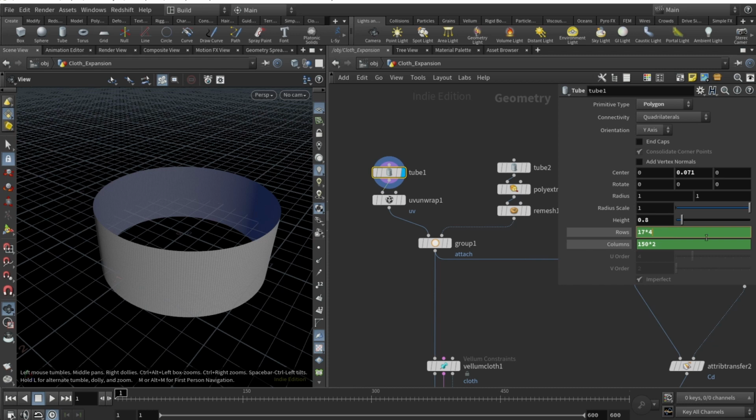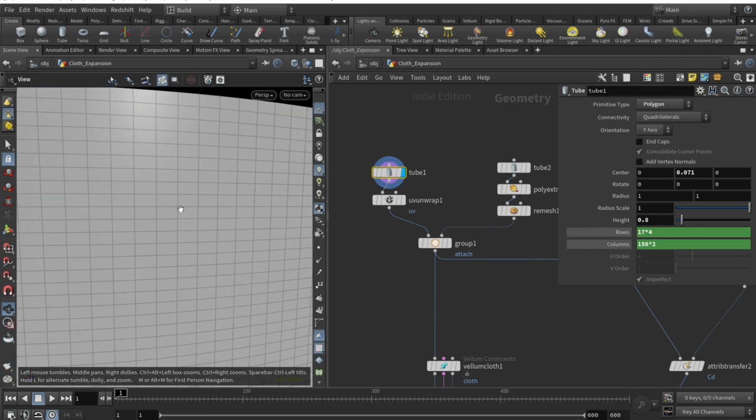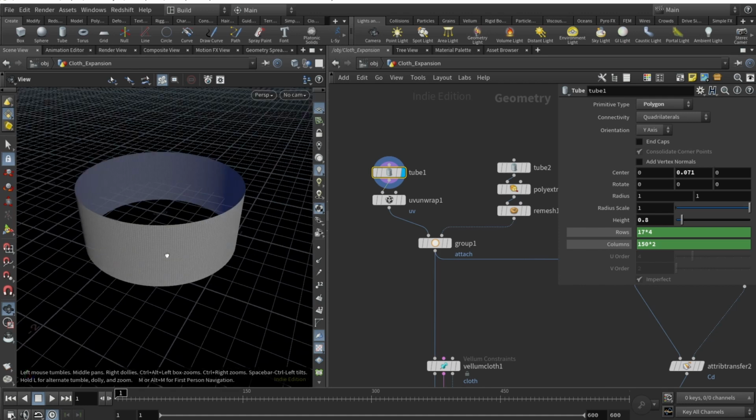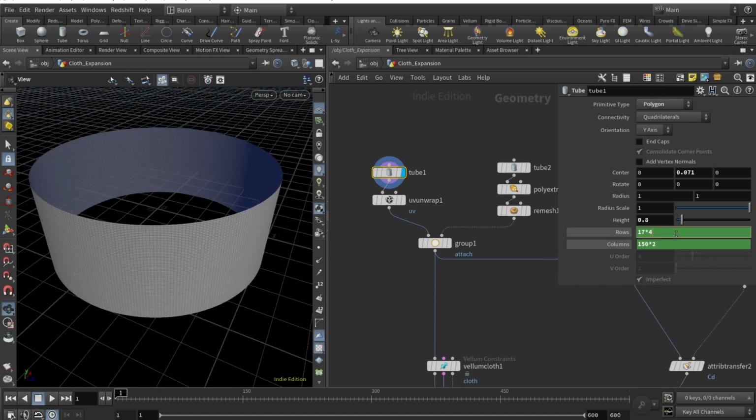Here, why we are using these 4 and 2 is just for me to more easily maintain the ratio. So I want these to be kind of like a square or something. And for the purpose of this tutorial and fast responsive feedback from Houdini, let's do it like 70 rows and